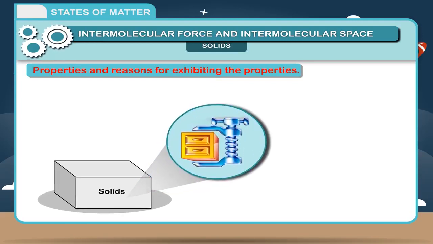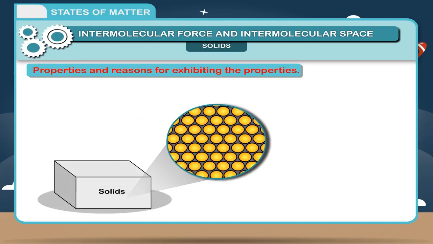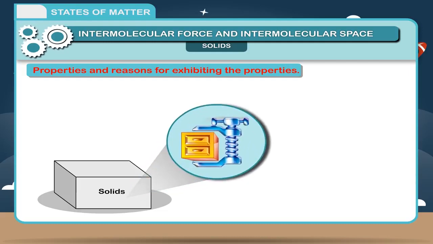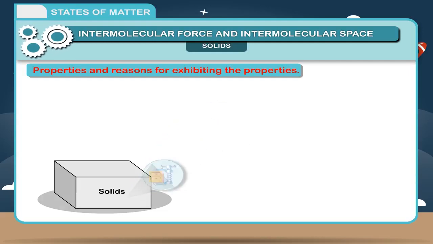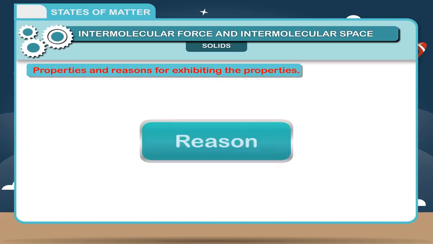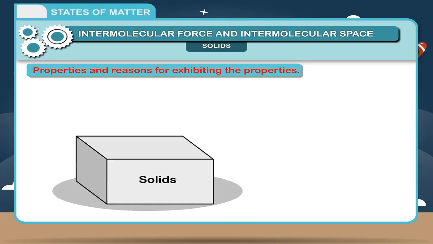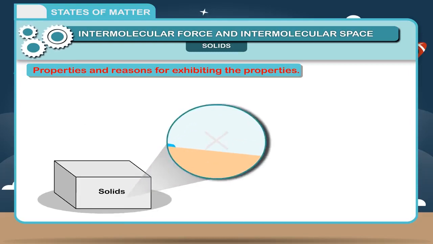3. Solids are incompressible. Reason? As there is no place left in between the molecules, molecules cannot move closer to each other. As a result, solids are incompressible. 4. Solids have any number of free surfaces depending on their shape. Reason? Solids are those substances which have a definite shape and volume. They are non-compressible, cannot flow, and therefore have any number of free surfaces.